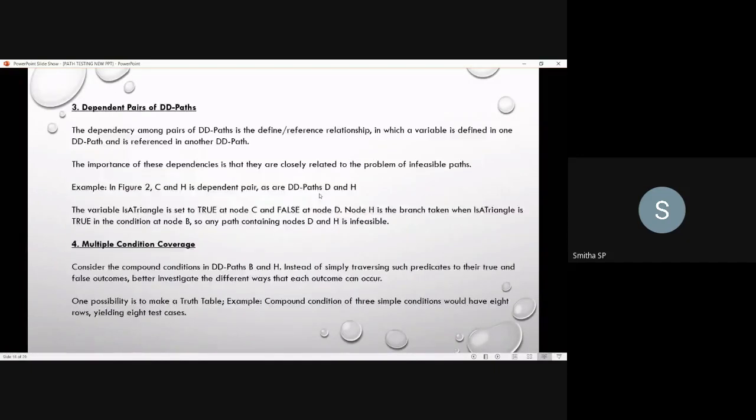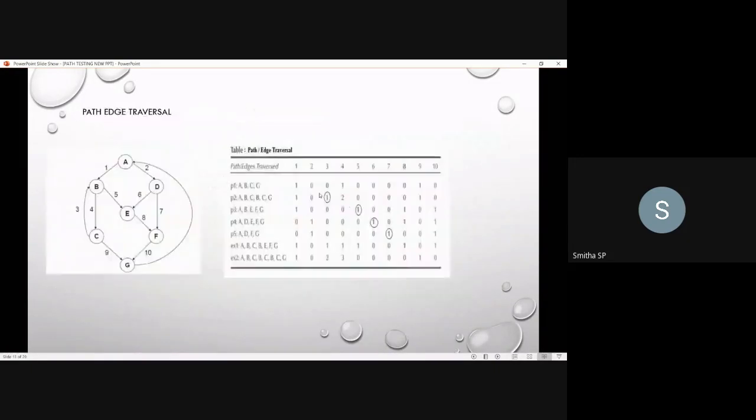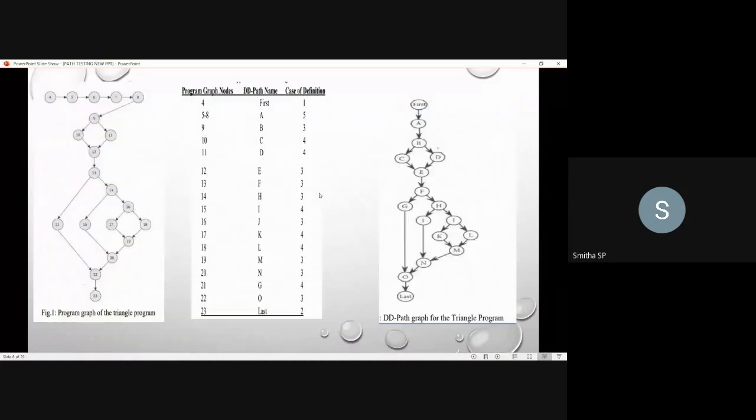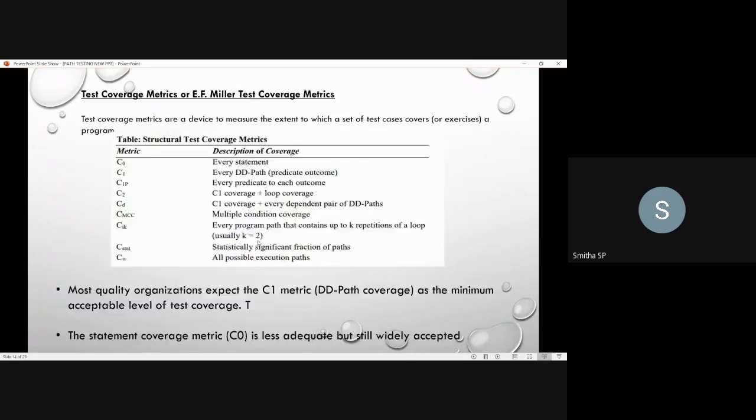In the program graph we discussed, this is the single entry node and this is the single exit node. We don't have any other entry and exit here. So this is what they have said, defining the program graph.